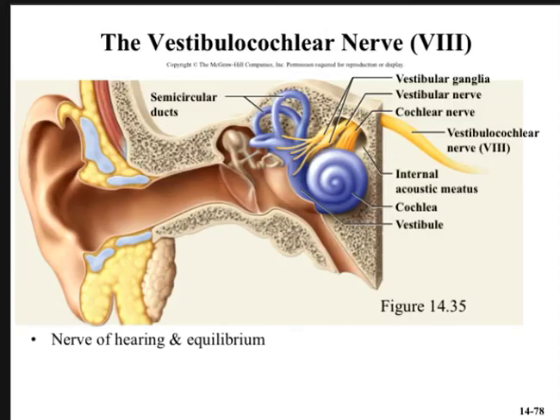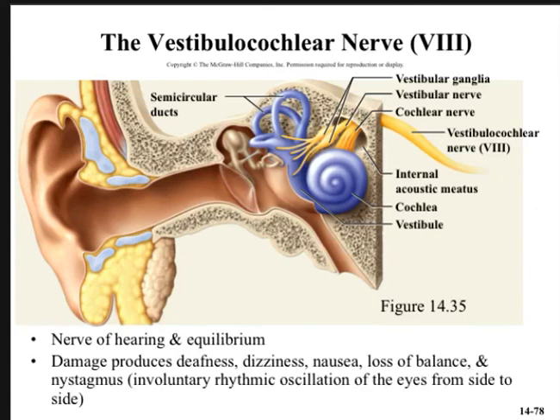Okay, the vestibulocochlear nerve, again, this is one of those that was classically grouped as a primarily sensory nerve, but again, it is mixed because it also sends motor commands to the cochlea for cochlear tuning. So it's primarily sensory, but there is some motor output. It's our nerve of hearing and equilibrium. Damage produces deafness, dizziness, nausea, loss of balance, and nystagmus, which is an involuntary rhythmic oscillation of the eyes from